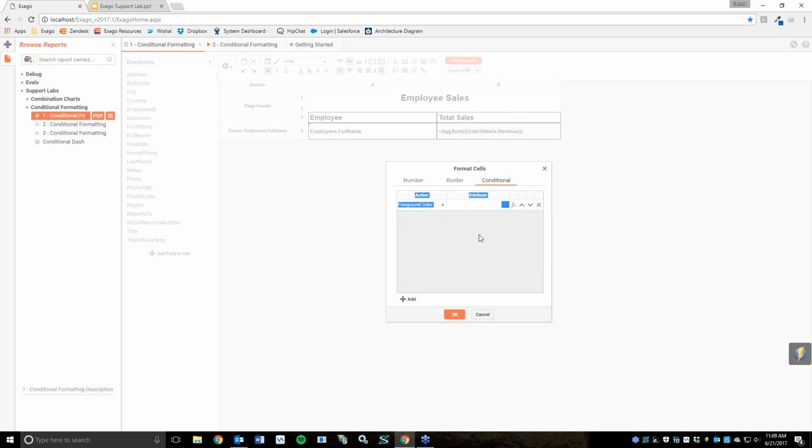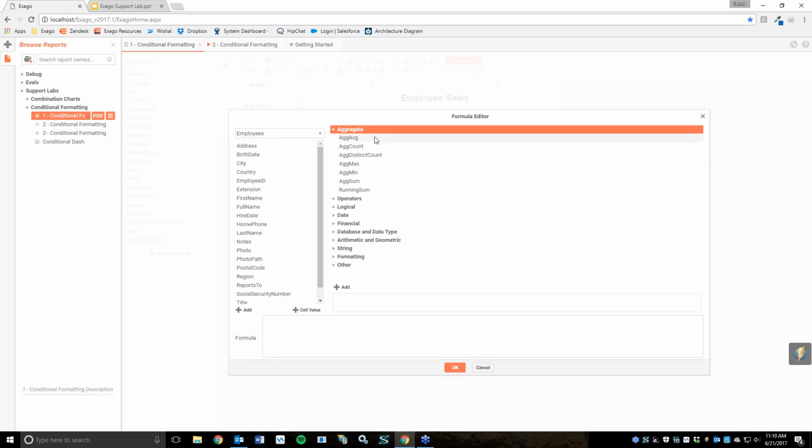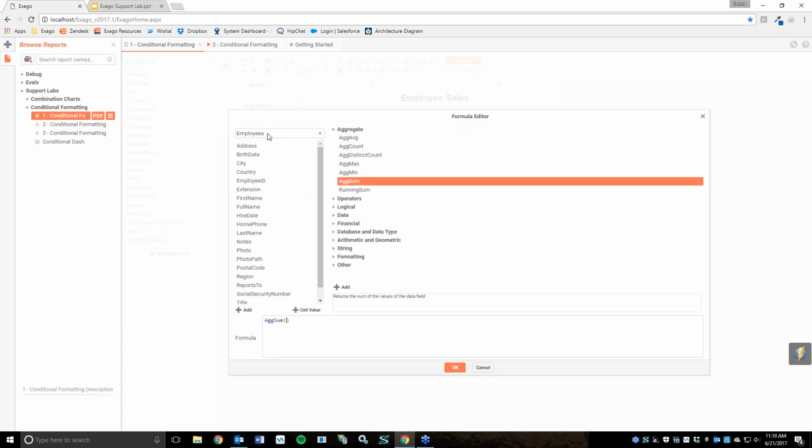Great, so I'm going to go ahead and select foreground color here and I'll pick red, right? I'd like this to show up red if my employee sales are less than, we said $100,000 there. So now I'm going to have two options here. I go into my formula editor, and there's going to be two ways I can do this. I can input the actual value here that I'd like to evaluate. So that's going to look like an ag sum of that total revenue. And maybe we said 100,000. So if it's less than